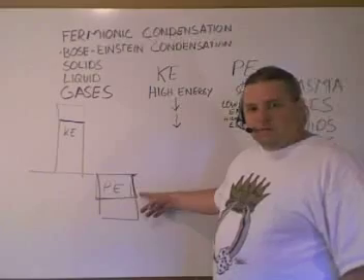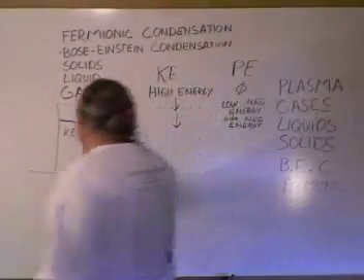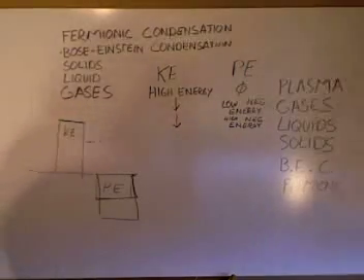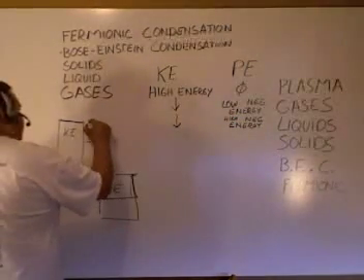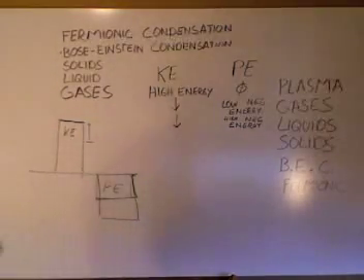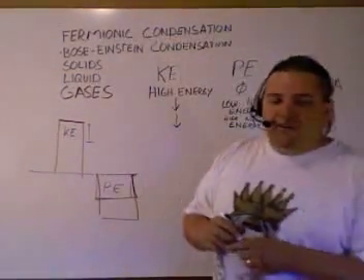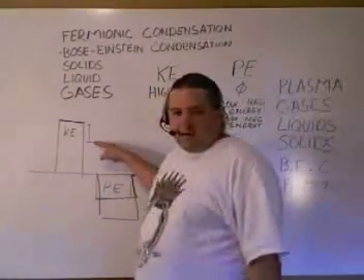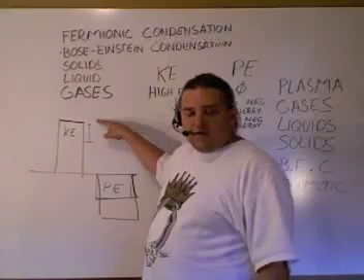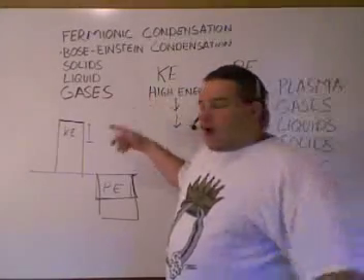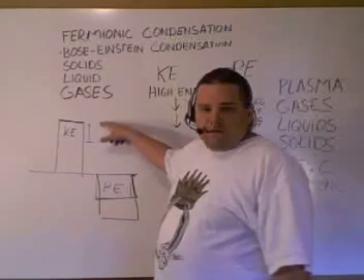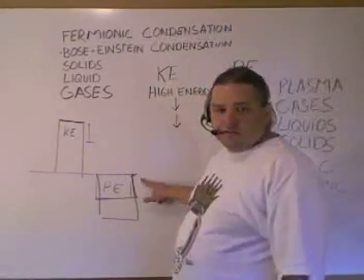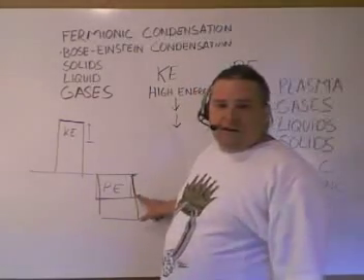Okay? Cool? So if we had a gas at this state, and I should erase this, so if we have a gas that has this much kinetic energy, it needs to fill in this window first, which is in effect raising the temperature, because temperature is a representation of the average kinetic energy. So I'm pumping in energy here to increase the kinetic energy of the gas to the point where it fills up what it needs for the kinetic energy, and then it starts filling up the potentials. Okay, fills up that potential, and all of a sudden you've got plasma.